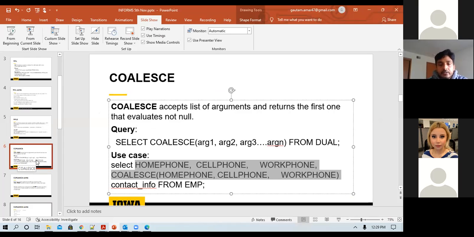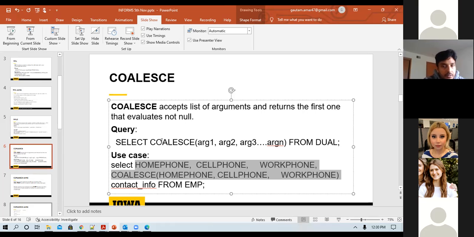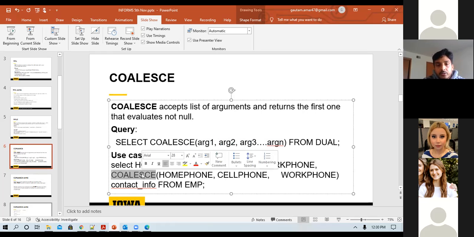And this is very handy. In real projects, you won't be building a case structure for this, because if you have, suppose, 5 arguments, you have to have 5 different when conditions in your case structure. And the number of lines of code increases, and once code is written, you have to manage the code too, and that increases. So thinking about that, the coalesce function is of great importance. I worked on a project in the state of Iowa and encountered this scenario, and we did this using the coalesce function.